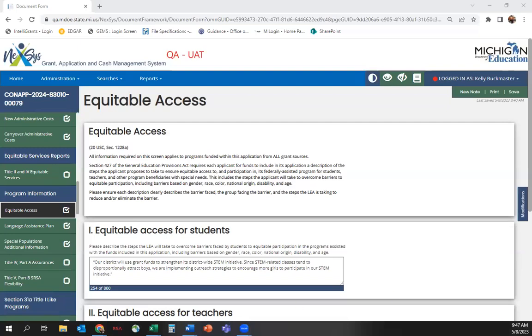The first screen in the program information batch of screens will look familiar to you. It is identical to the equitable access screen that has historically been completed in MEGS Plus. Under the first section,